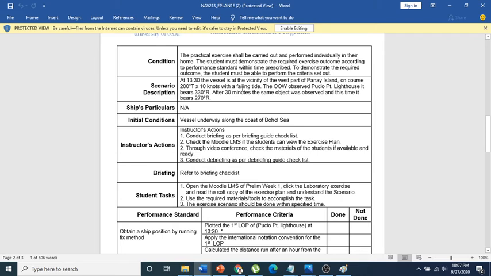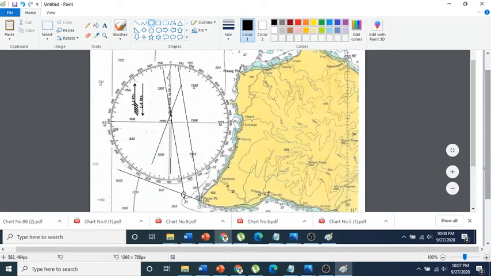Then you look at the chart 500 for the meaning of falling tide, and after that you first put the first observation, which is this one, 170, and you put your course 200 at any line here, and after that you put the 5 knots here, which is 5 nautical miles, and you put the course of the current here, which is 180, and with the effect of the current, which is 0.7 knots, and you plot another DR here,